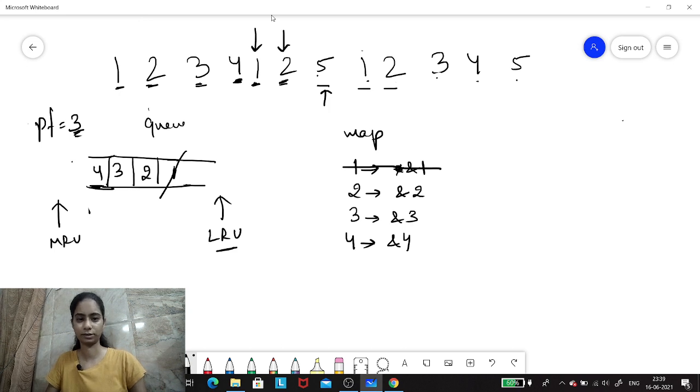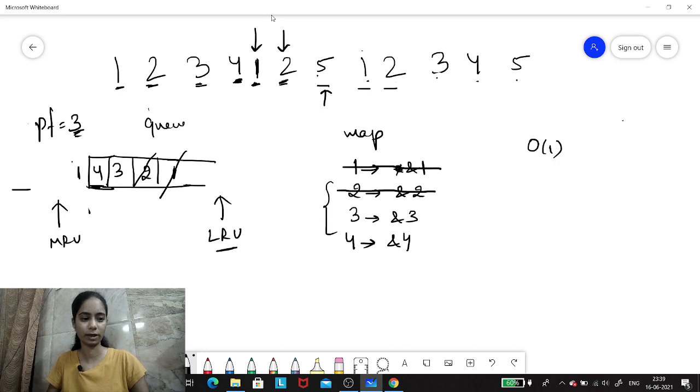We'll discuss it further again. Now when 1 is being accessed, I'll search the map whether it's present or not. Here it's not present and I got to know it in order of 1 time. Now again I'll have to remove an element since the maximum capacity has been reached. So we'll remove 2 from here, and again it will be invalidated from the map, and 1 would be inserted here because now 1 is the most recently accessed one. So 1 would be inserted and this new address will be stored here.